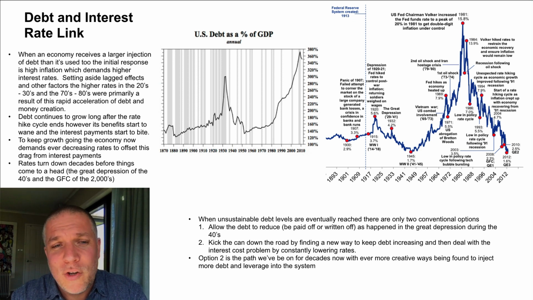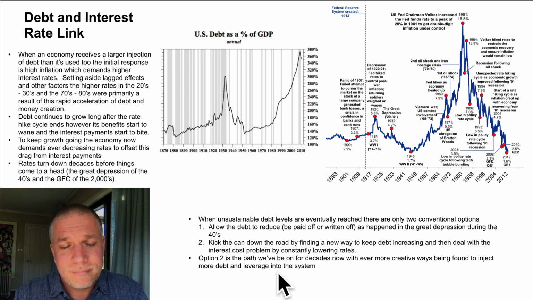But of course, eventually too much debt does become unsustainable, and conventionally there's only really two responses to that. The first is to allow the debt to reset, allow debt restructuring, allow debt defaults, and that was what the Great Depression was all about. The gold standard kind of forced that response. There was no backdoor way of printing money or resolving it any other way. The other option conventionally is just to kick the can down the road and come up with ever more creative ways of getting more debt into the economy, to keep the game going, keep the gravy train going. And that's really where we've been.